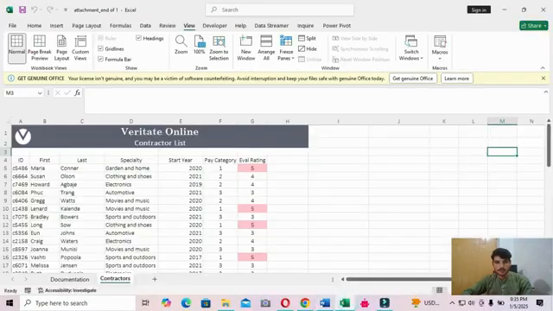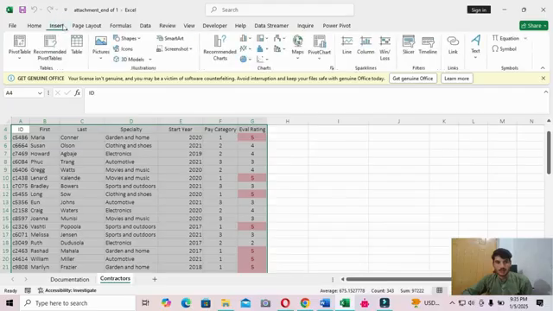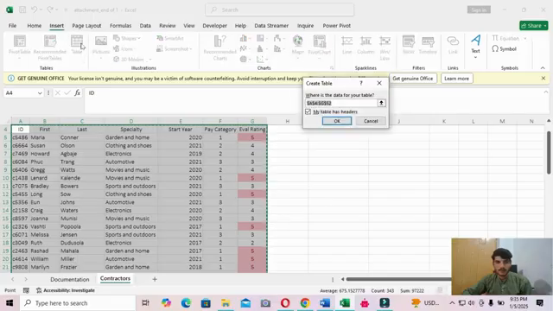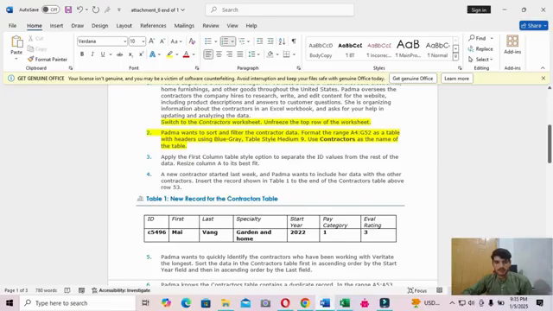A4 up to G52, and then go to the Insert tab, click Table, and then click OK. And then use Blue Gray Table Style Medium 9.